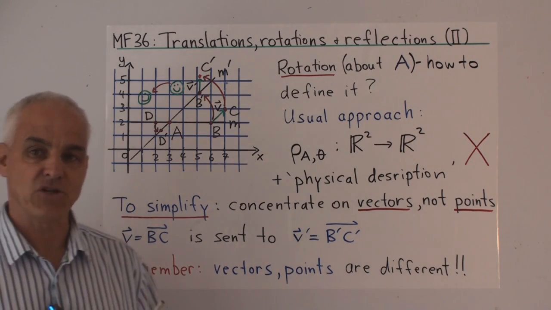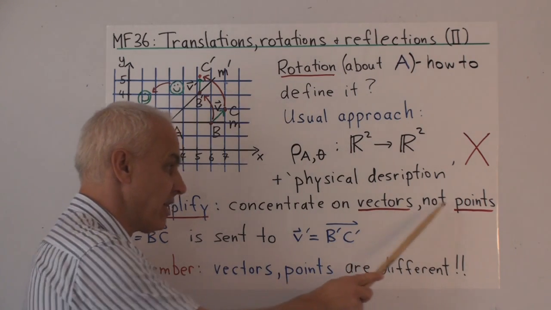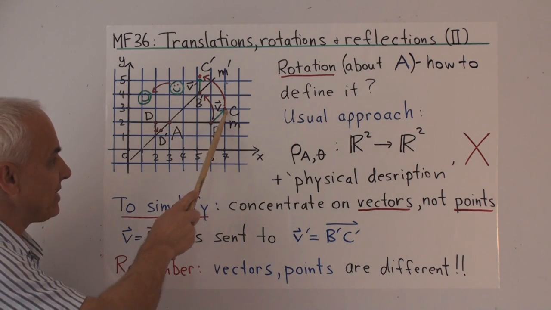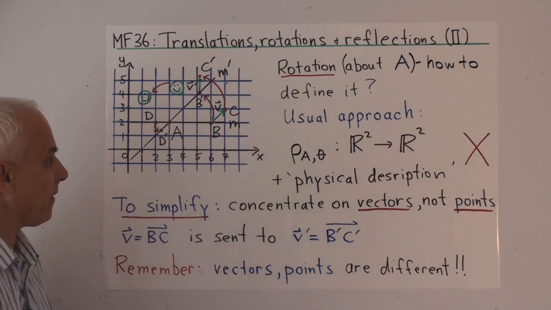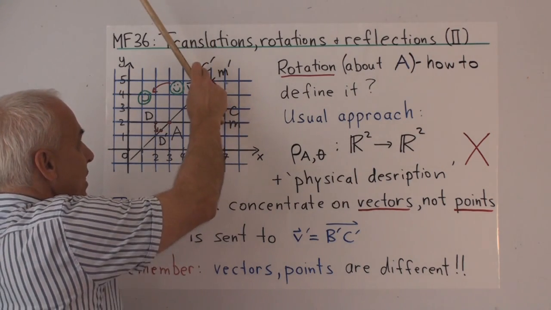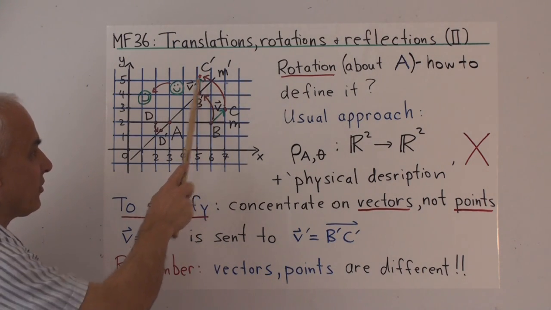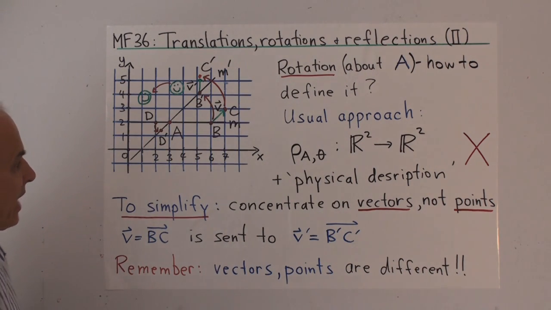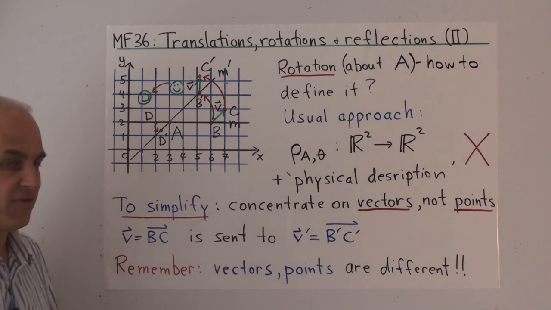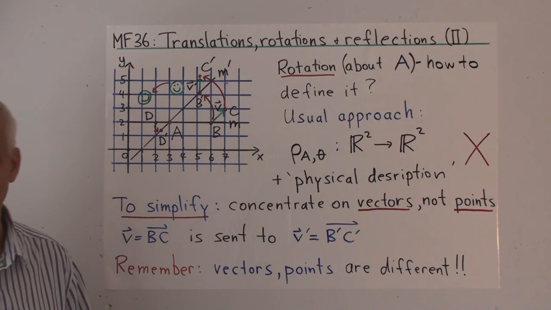So to simplify the situation, we're going to look not at what rotations do to points, but rather what they do to vectors. So for example, the vector BC, which is the ordered pair BC here, that little green vector there, when we rotate B to B prime and C to C prime, this vector here, call it V, is rotated to this vector V prime. And if you take any other vector which is a translate of V, so still the same vector V, then it's also going to be rotated to a vector parallel to V prime.